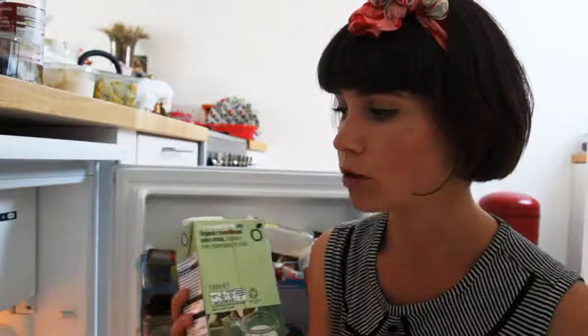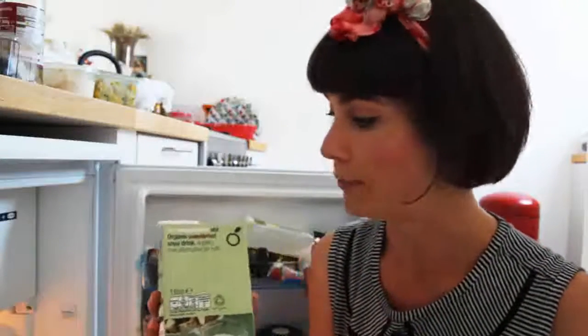Yeah, so I wouldn't normally buy soy milk, because I try to limit my soy intake as much as I possibly can. Sorry, the battery is flashing at me, so I'm afraid this is going to cut out any second. But anyway, now and again this is fine for a treat. I put it on my cereal, put it in my milk, and oh, that's better. Don't feel so squished in now. Okay, so